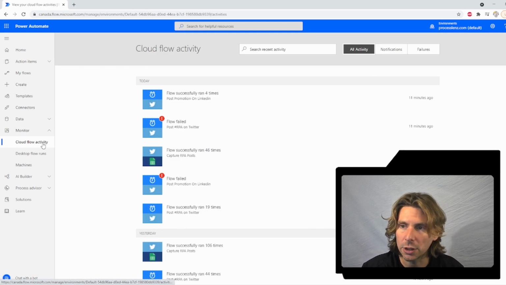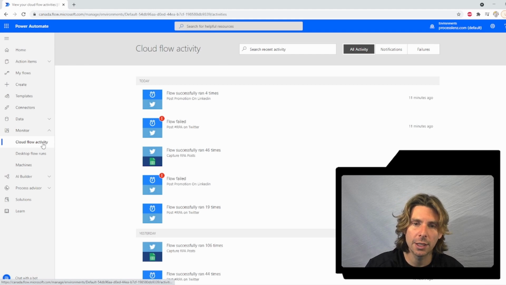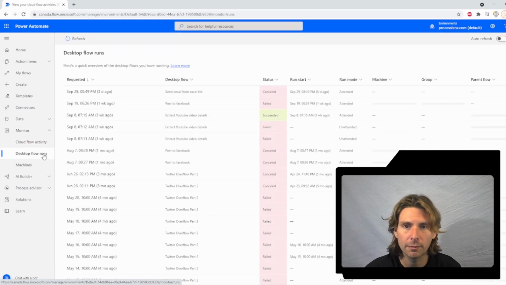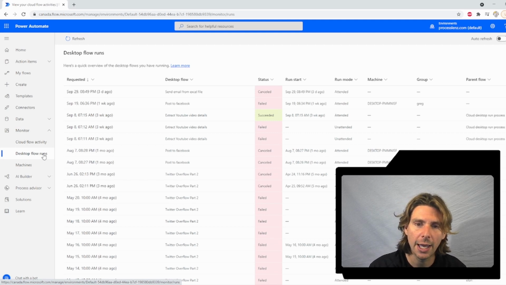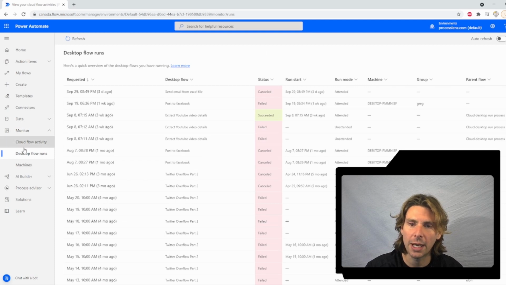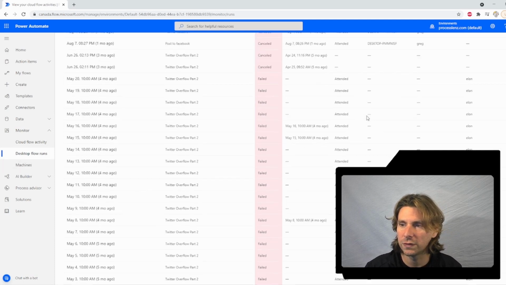Why am I doing this? Because when I started learning this, I wish that I had learned this before I started using it, because it helped me save a lot of time being able to know where to find the different components and what the platform has to offer. These are, on the other hand, all of my desktop flows and all of the different